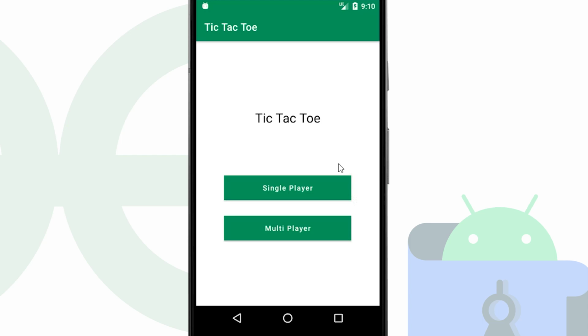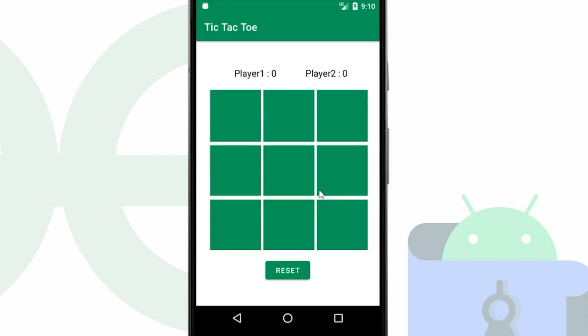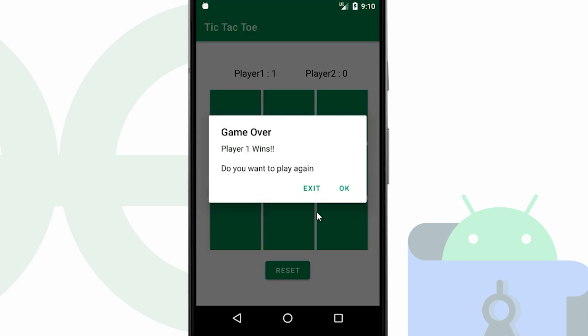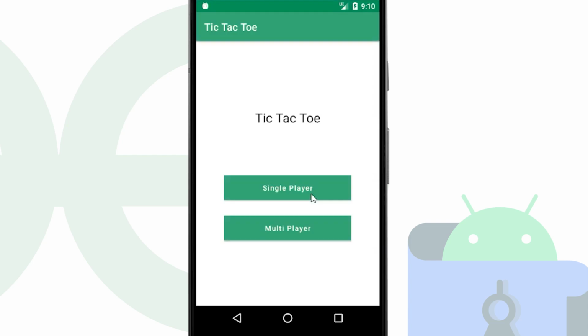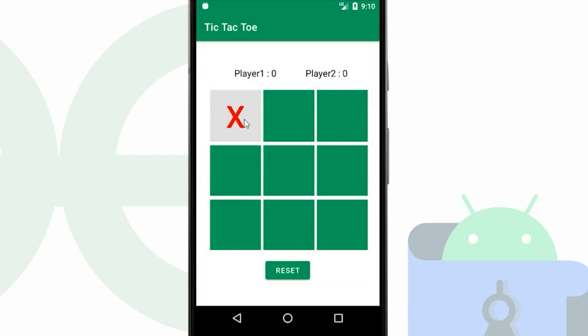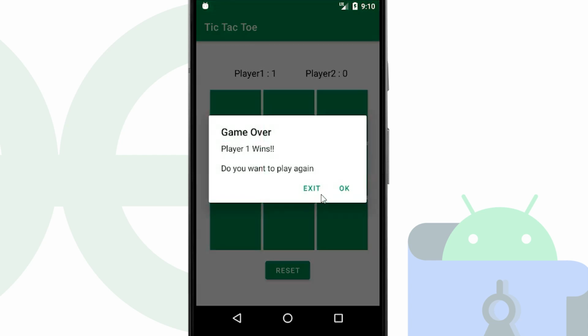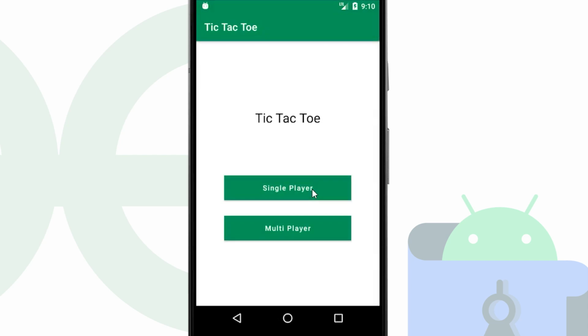So first of all, we will play a single player game. So as I click on single player, a tic-tac-toe board will appear. Now, when I click on first option, the other move will be automatically played by the robot. Now this is how we will play the single player mode. Now we will move towards the multiplayer game. In this, I have to play as both players myself. In this way, we are going to build both single player and multiplayer game in our Android Studio.